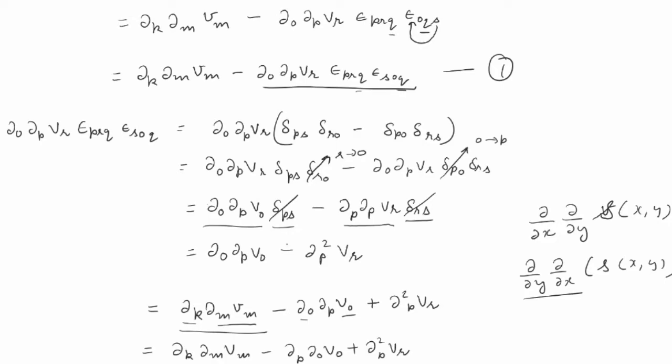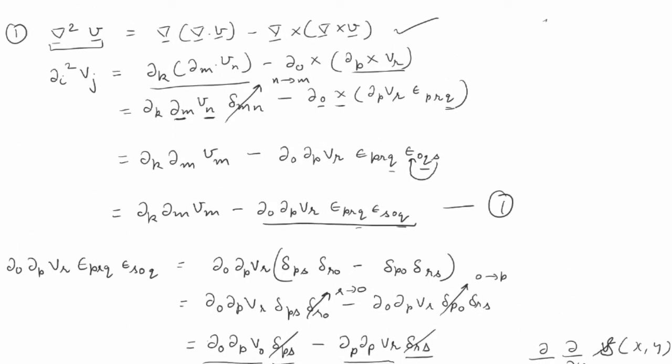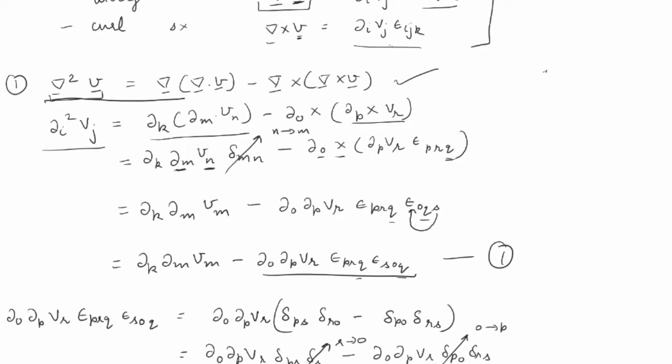Now here we can see that m and this term, they are same because m also goes from 1 to 3 and O also goes from 1 to 3. K goes from 1 to 3 and P goes from 1 to 3. So they are same. Here P is a vector, here K is a vector. So they can be cancelled out. And the only thing that we are left with this, P also, in this term, P also goes from 1 to 3 and R also goes from 1 to 3. And if we move above, here I goes from 1 to 3 and J goes from 1 to 3. So they are also same. That means we have proved our this equation.